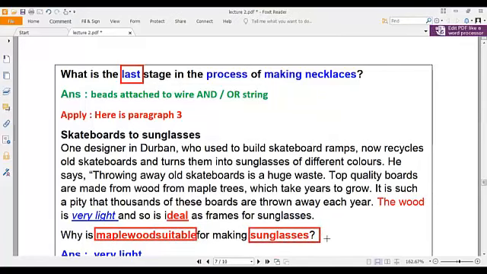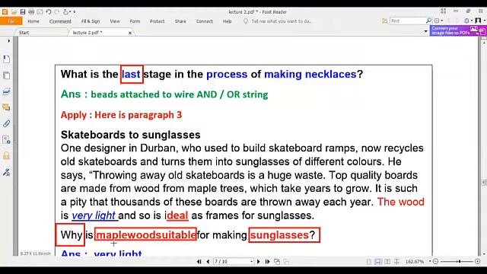So I have three keywords: maple wood, suitable, and sunglasses. What is the main question about? Why. So he needs a reason. Now we need a reason from this text. Why maple wood